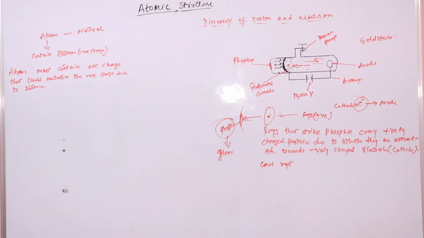And one thing, as I said, is that this discharge tube has a gas at low pressure inside it. So we'll be looking at the molecules of gas now, but before that, we also call these rays positive rays, as these rays travel from anode towards cathode, so we also call them anode rays. So we have two more names for these rays.